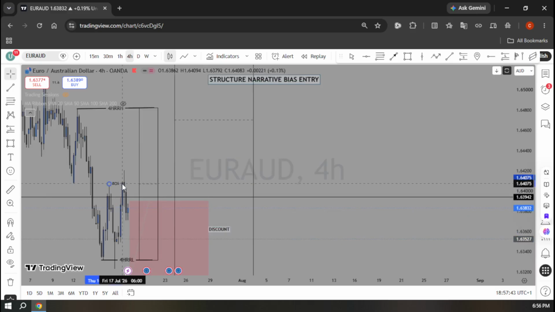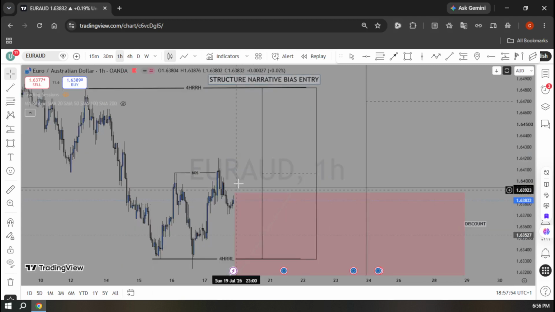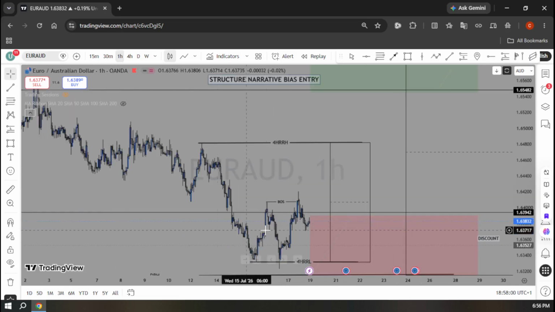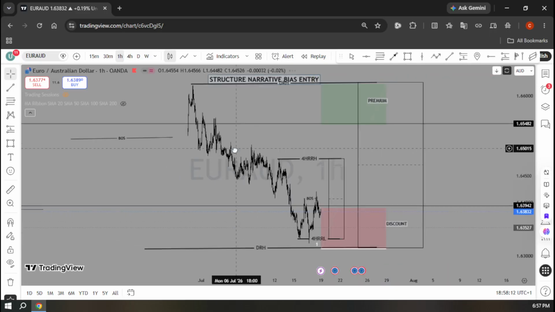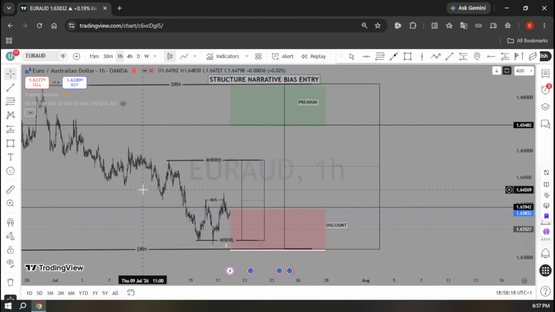I'm not so confident about this break of structure and price reacting from this particular supply zone here. So I'm patient and I'm waiting. I want to see price closure right outside here. If it doesn't go all the way to the top here, it will still indicate that yes, I now have breaks of structure. If price closes right above here, I will anticipate a pullback down. My target would be my daily range high back into premium pricing, which even if I get a position inside this area, even if price doesn't come all the way down,